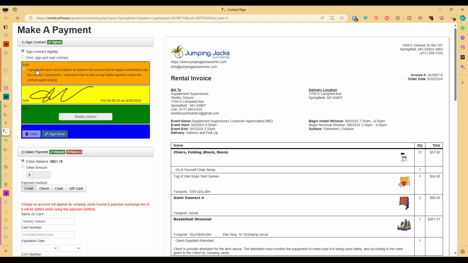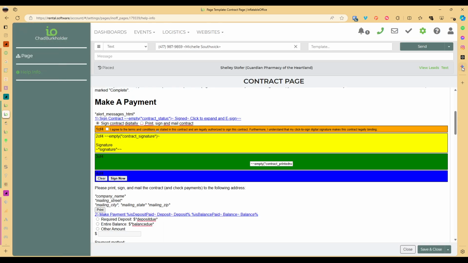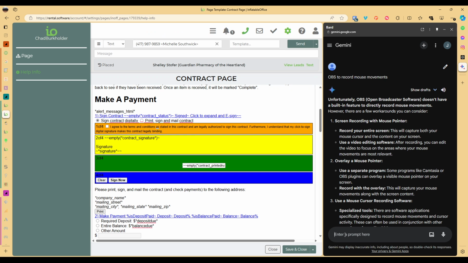I click through too fast. Now I have orange, yellow, green, blue. Boom. Steps. Helps it stand out a little bit. You can even do transparency. So let's say you want to do transparencies. You can open up Gemini or ChatGPT and say, what is the RGB value for orange with a 0.5